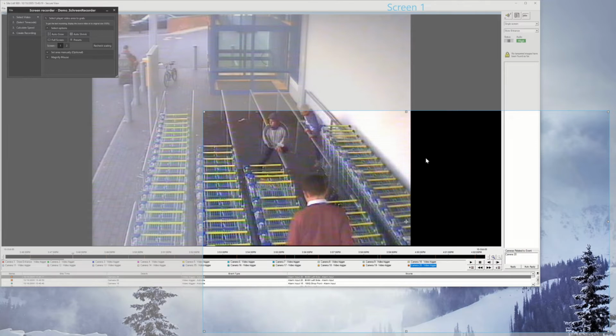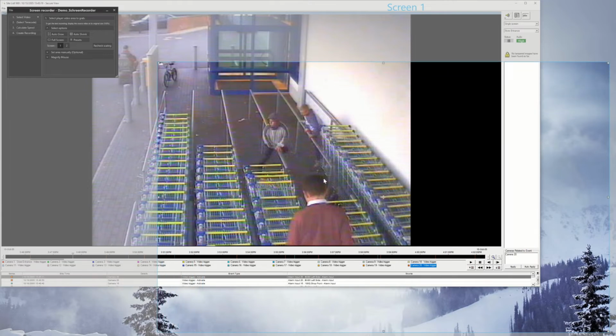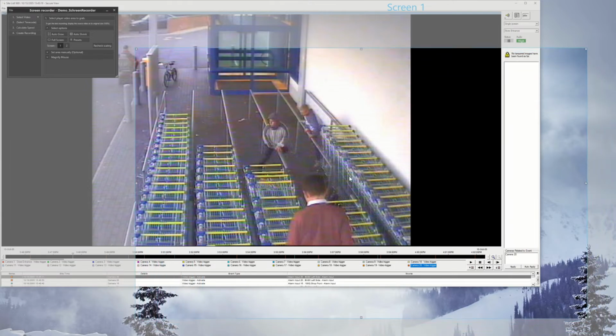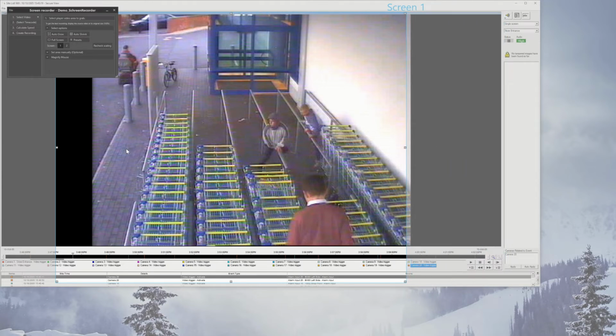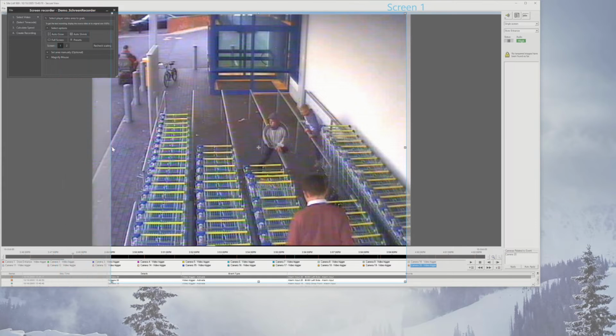Let's explain the selection area. It will be on the monitor that will be recorded. The selection area is the exact part of the screen that will be recorded. The rest will not be. The selection area has points on the edges that can be dragged to change the size of the area that will be recorded, and a point in the center that can be moved to move the area that will be recorded. The screen recorder window can also help in moving the selection area to the right location.